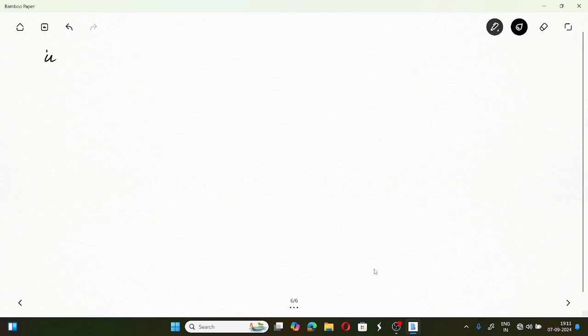How? So non-migratory insertion. Say suppose if we start with